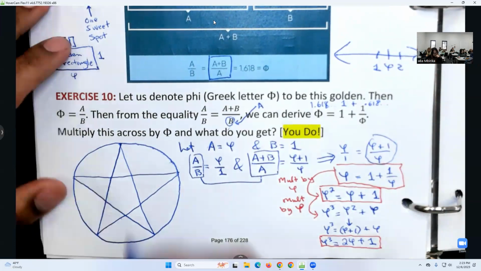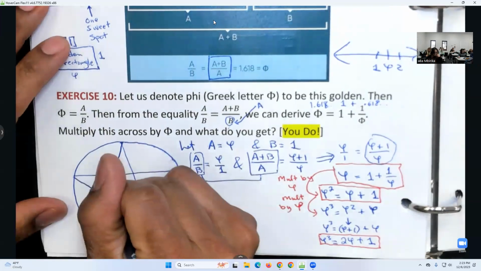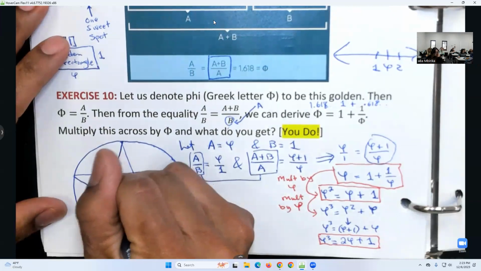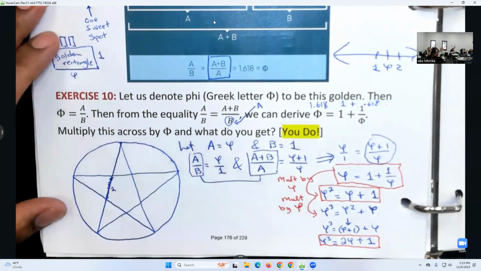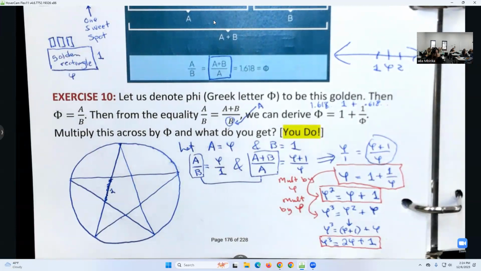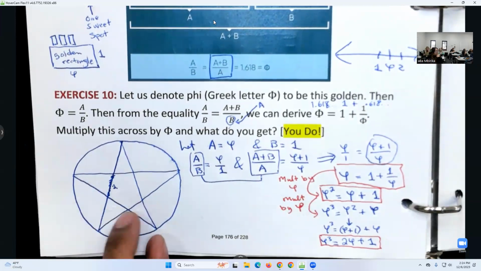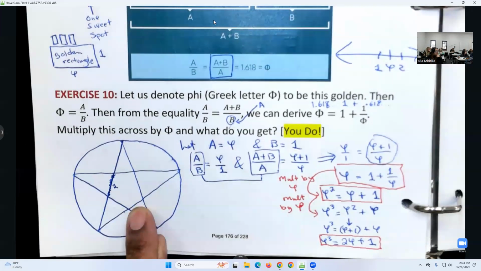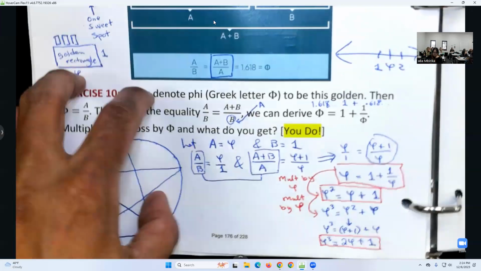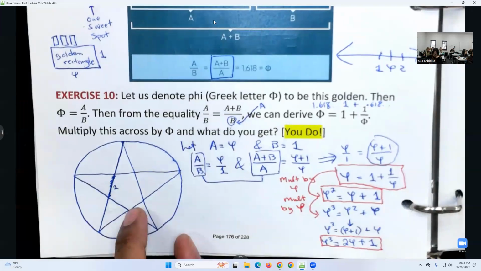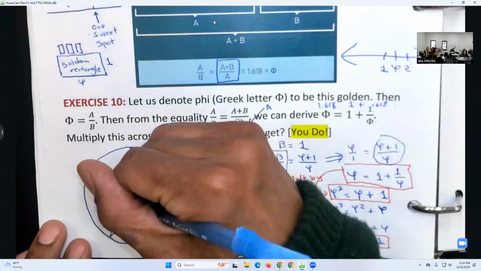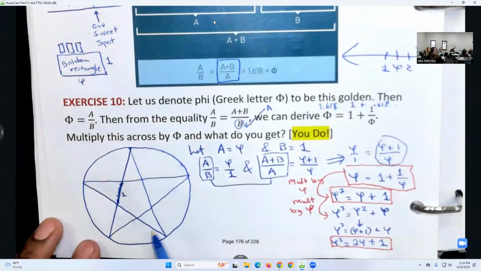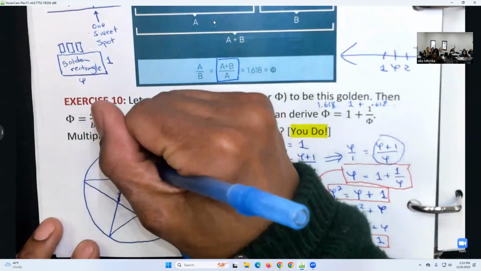And so, if we let this length be 1, if I drew a perfect pentagram, which I obviously didn't, because the pentagon inside there should have all the same length sides. This side looks bad. I probably should have just put one in there that was made by a computer or something. But if this is length 1, if you drew a perfect pentagram, then this length turns out to be